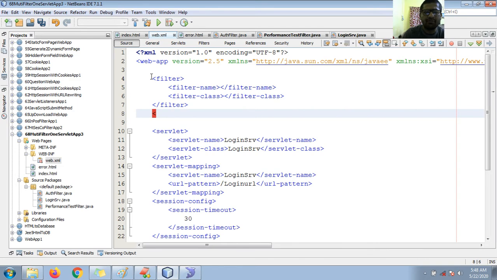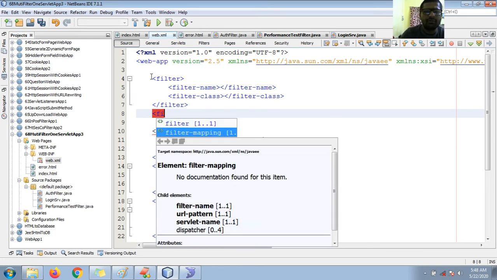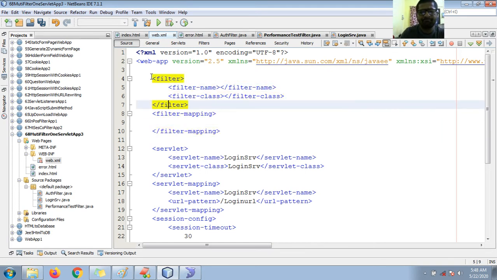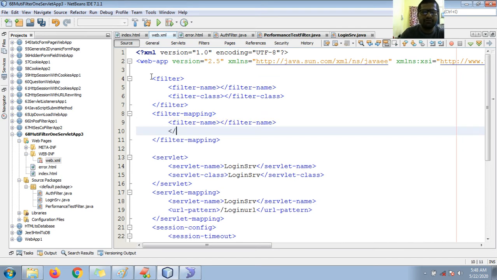Okay, similarly I need filter mapping, so just end the filter mapping. Then again I need filter name, then URL pattern, end of URL pattern. Okay guys, fine. So filter mapping, that's it. Then okay, fine. So first we'll go for